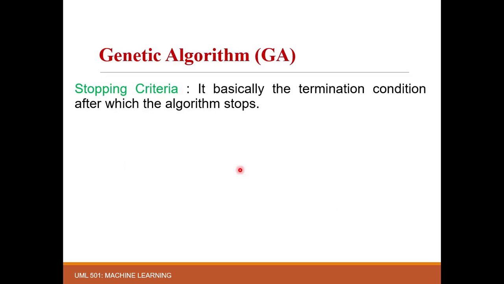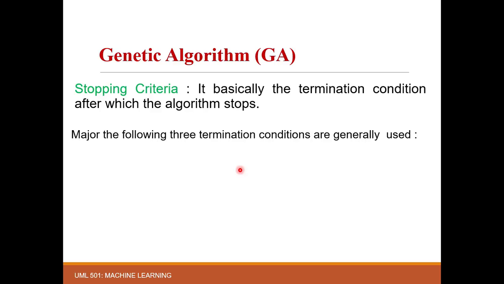Now stopping criteria. We have performed crossover, selection and mutation, so how will we decide that our stopping criteria is reached? Because it is an unending process; reproduction goes on, producing new offspring or new individuals, it doesn't end. But there might be some stopping criteria to judge that the time has come to stop my genetic algorithm. So these are some steps.